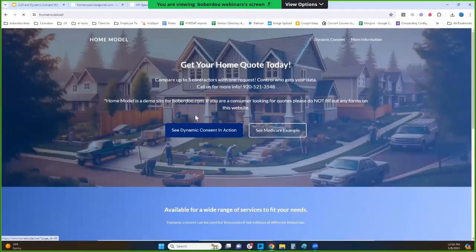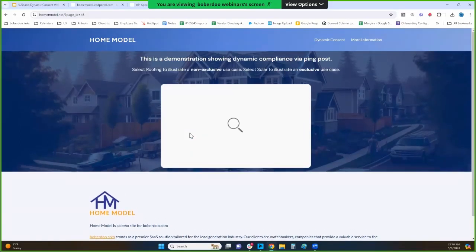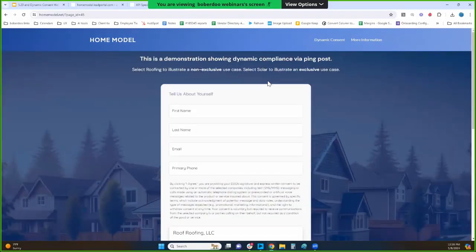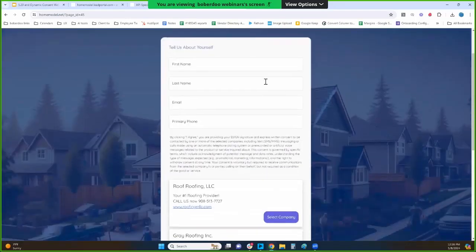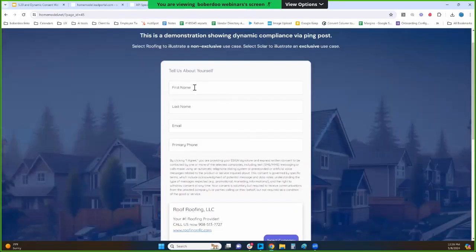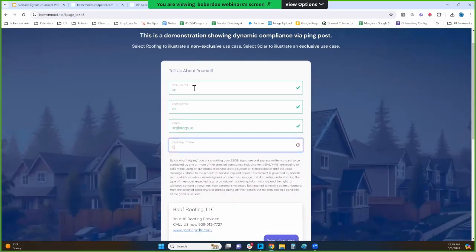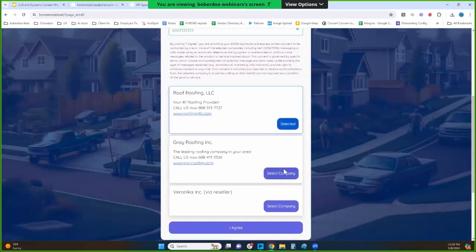Right. So when we look at that in practice, just taking a look at our dynamic consent form. Again, any ping required fields can then be presented on the first page. System goes through and decisions that based off of the individual ping, whether it is an exclusive or a non-exclusive revenue scenario. The consumer can then enter in their info,